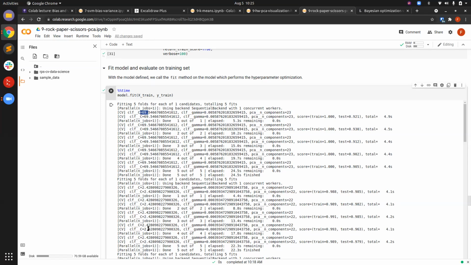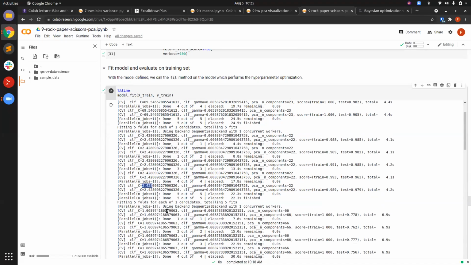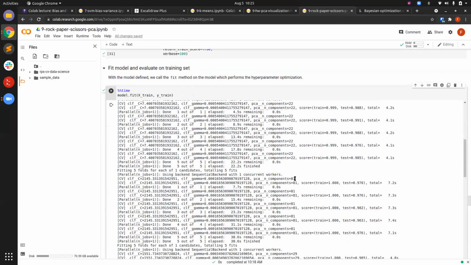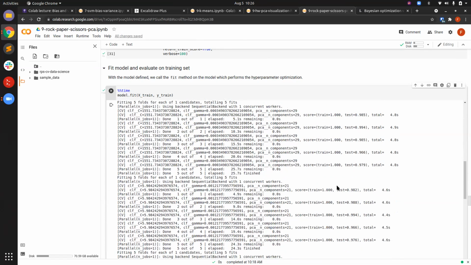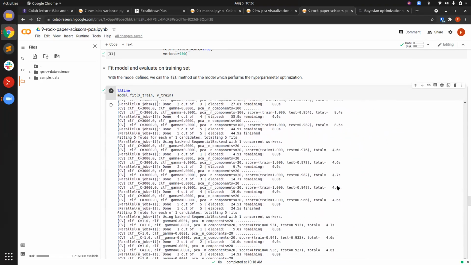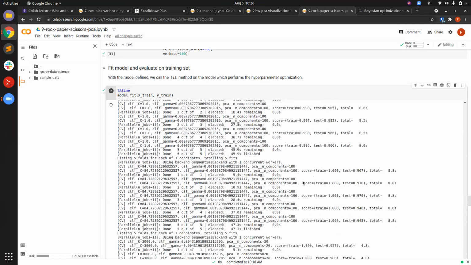In the next iteration, you can see it changes C a lot from 69 to 2. But then in later iterations, now it's changing PCA number of components a lot. So now it's looking at maybe a much larger number of components, but a smaller value of gamma. So it's sampling different points in the hyperparameter space, and it's progressively learning what are the best parts to sample,